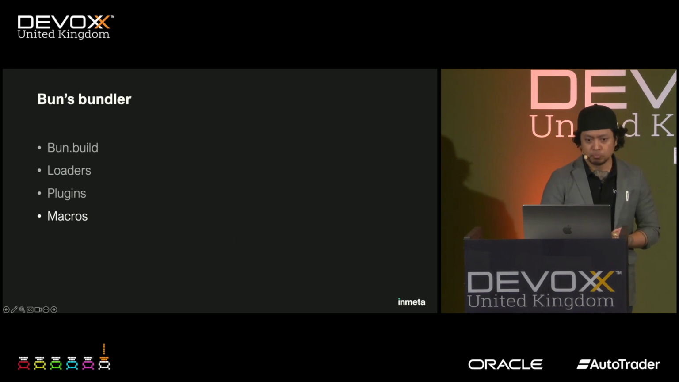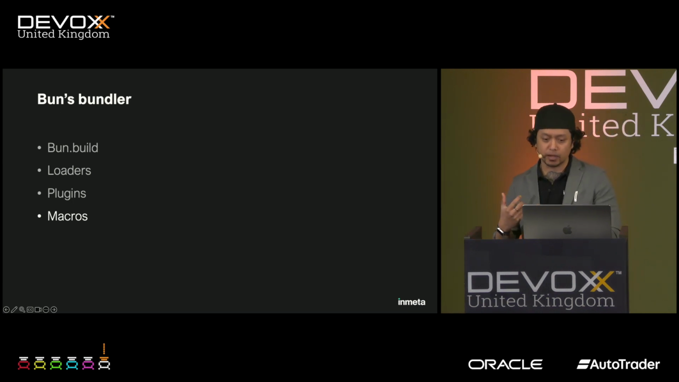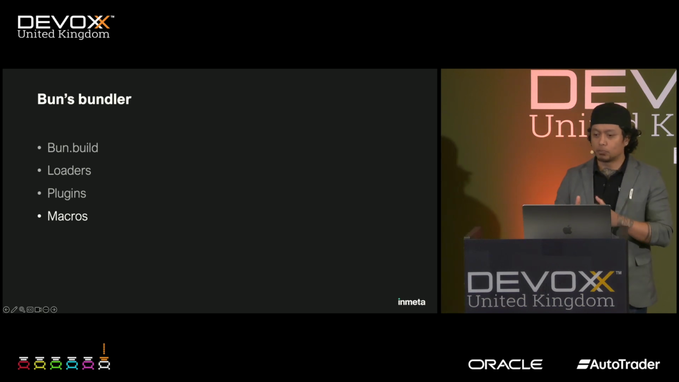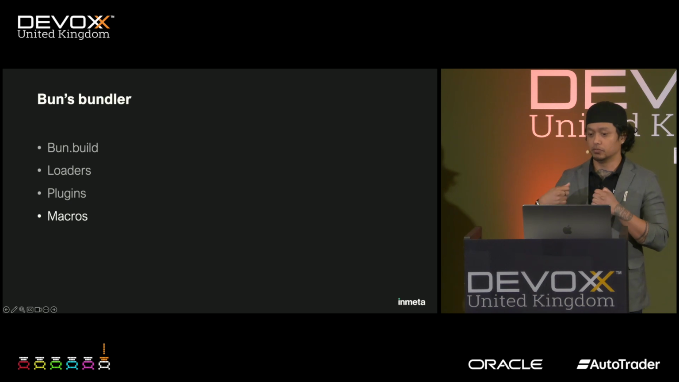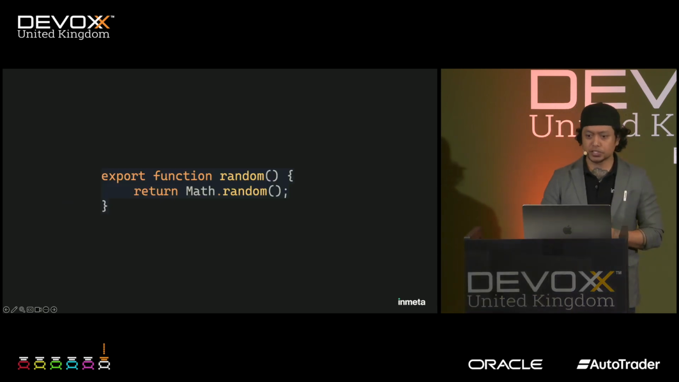So macros. In programming, both Zig's comptime and Bun.js's macro system are designed to perform computation at compile time rather than at runtime. However, they operate in different contexts and are used with very different programming environments. So here's an example function that returns